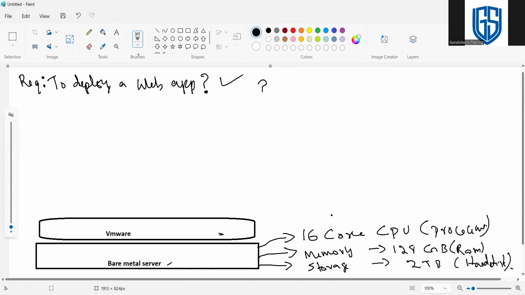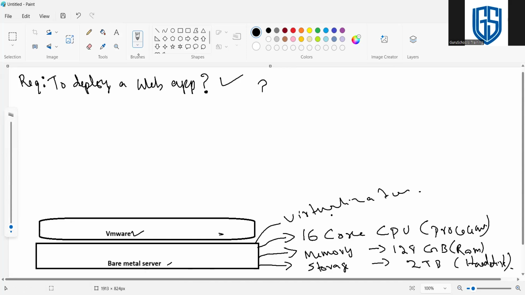So after buying the bare metal, we need to virtualize it. For virtualization, we need to choose corresponding software. One of the common software is called VMware. So on top of the bare metal, we need to install VMware.